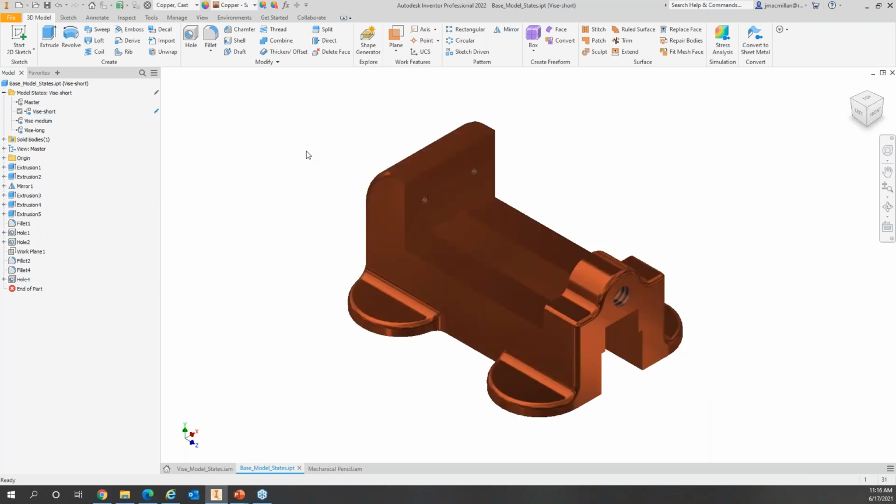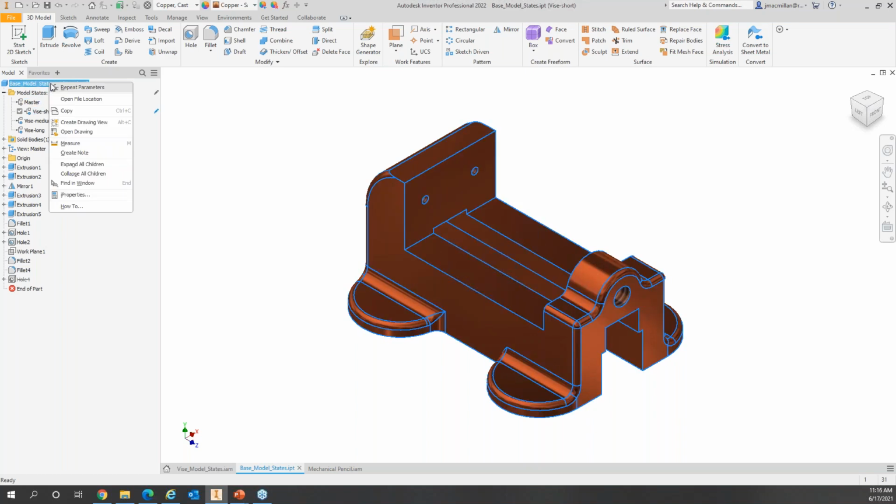So again, back with Vice Short, I'm starting with this one. And now I want to show how you can modify the iProperties of the file. So each one of these can have different properties. To access iProperties, you want to make sure that the actual model state is active, because if you make changes to the master, that's changing the default one. So you certainly want to make sure you've got the right one active. Right-click, iProperties,